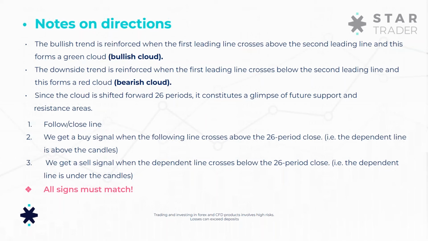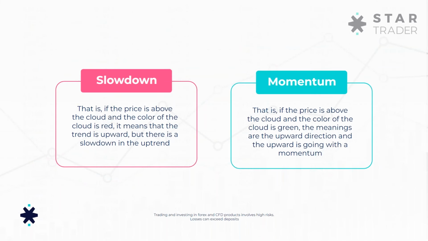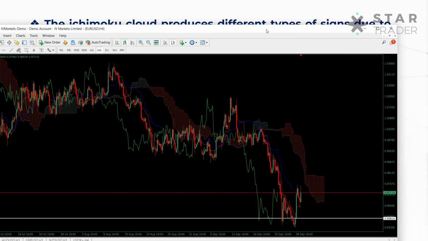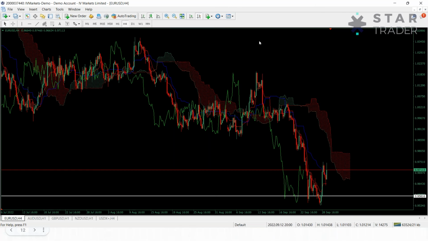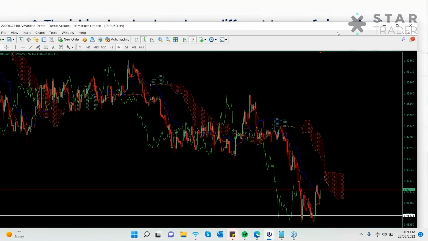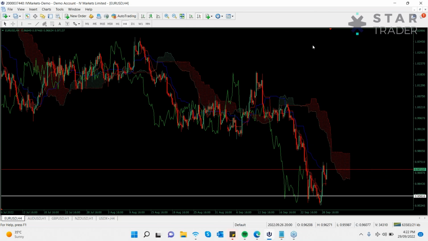So we are now shifting towards the MT4 platform to see the market momentum and our directions and everything. Coming towards the MT4 platform now, here we go. So this is a StarTrader platform, and as in my previous basic trading webinar, I told you about how to open the indicator,